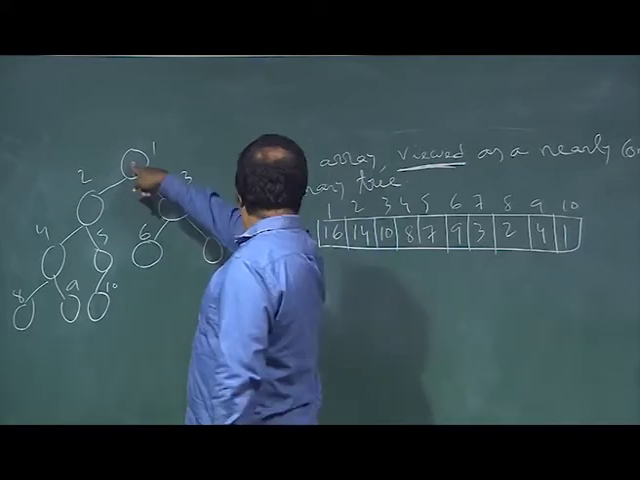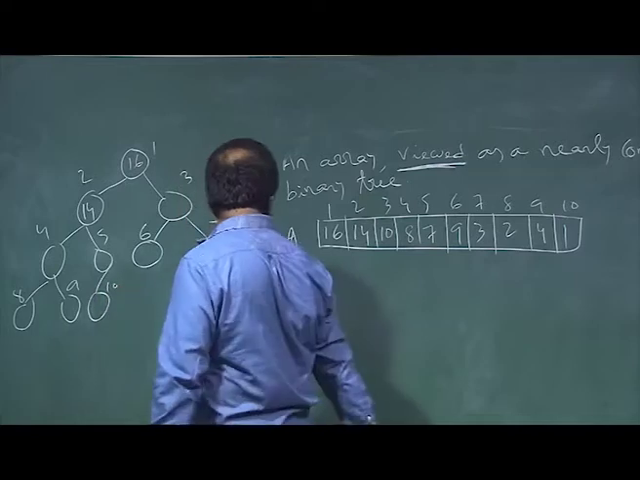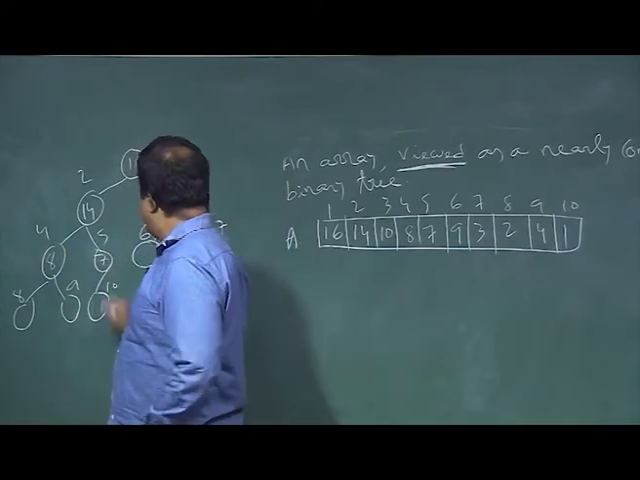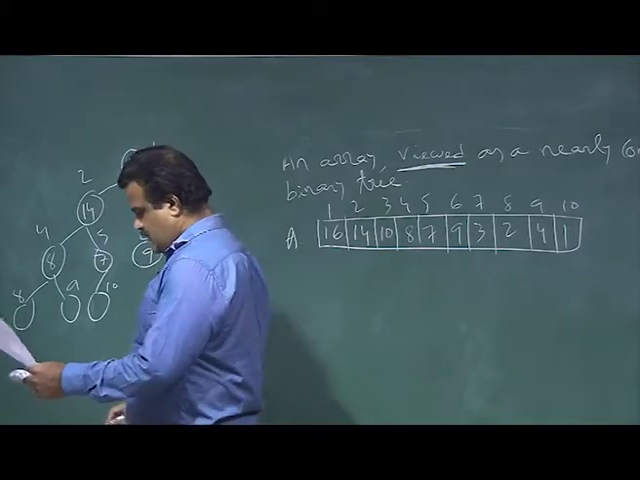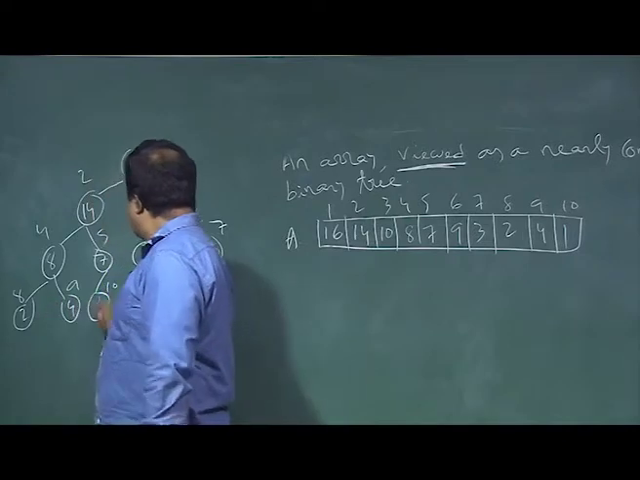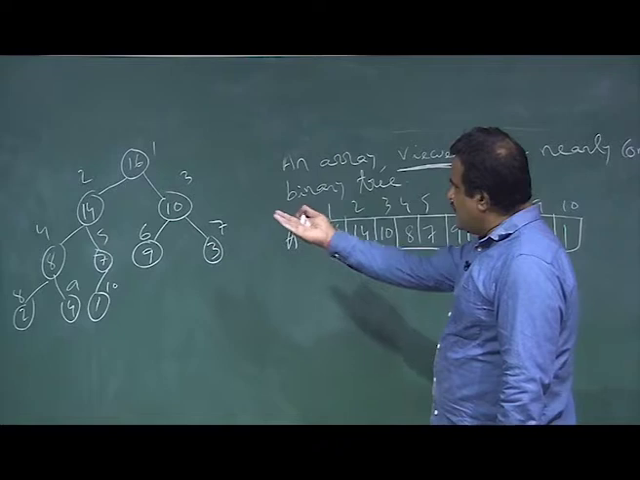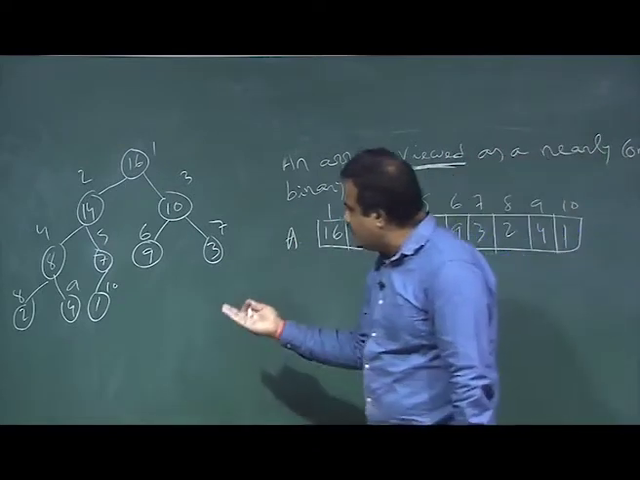So this is basically A1, and A1 is 16. We just put the key values here: 10, 8, 7, 9, 3, 2, 4, 1. Okay, so this is the visualization of this array as a tree, and this is a nearly complete binary tree because